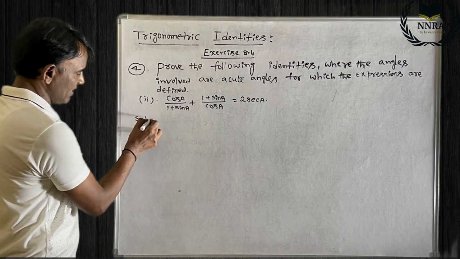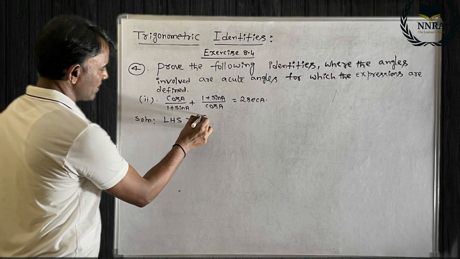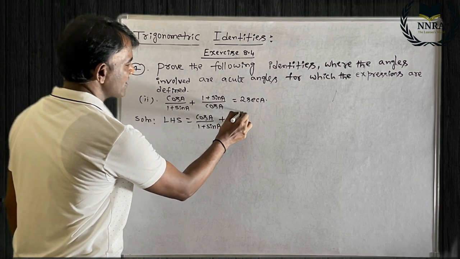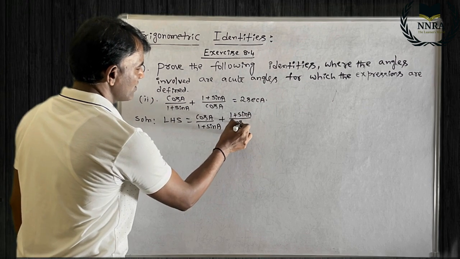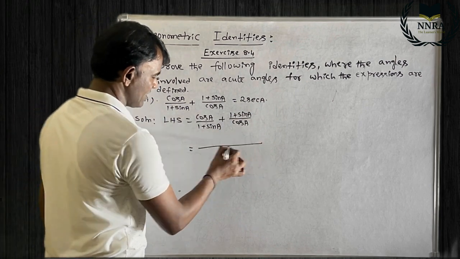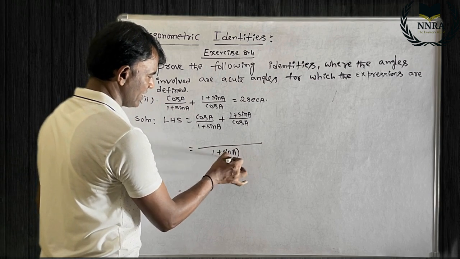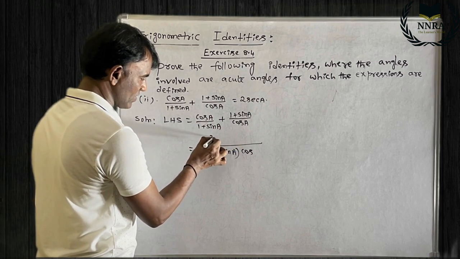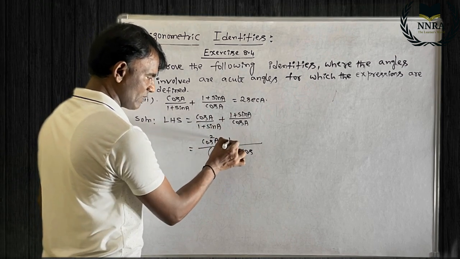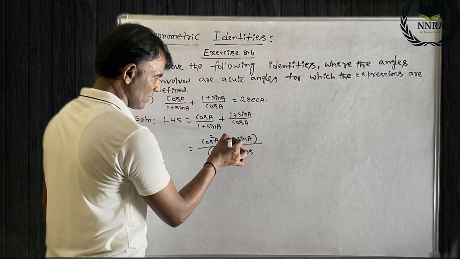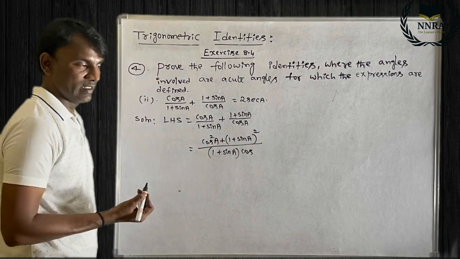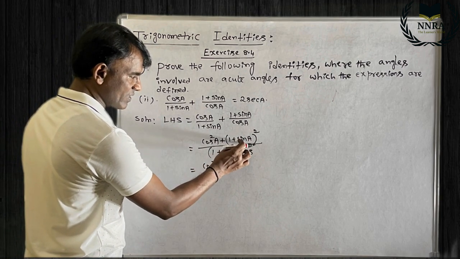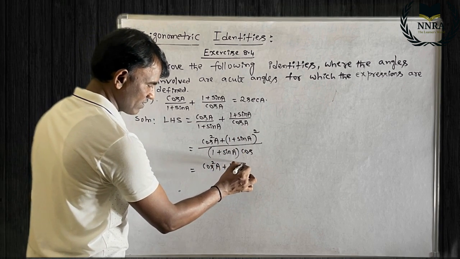The left hand side value is the first term cos A divided by (1 + sin A), and the second term is (1 + sin A) divided by cos A. Now just take the LCM for that. So LCM means (1 + sin A) into cos A. Clear? And the cross multiplication, cos A into cos A is cos square A. (1 + sin A) into (1 + sin A) is (1 + sin A) whole power 2, means whole square. First term is same, cos square A. And this is the form of (a + b) whole square: a square, b square,